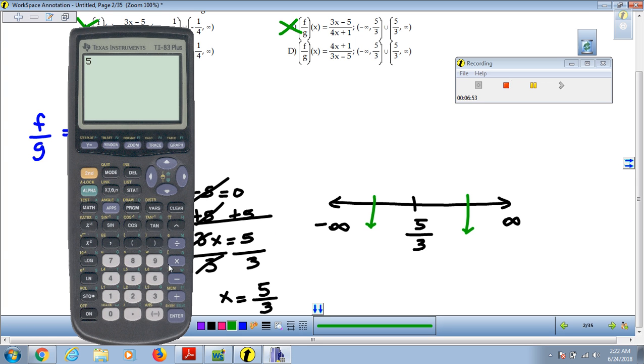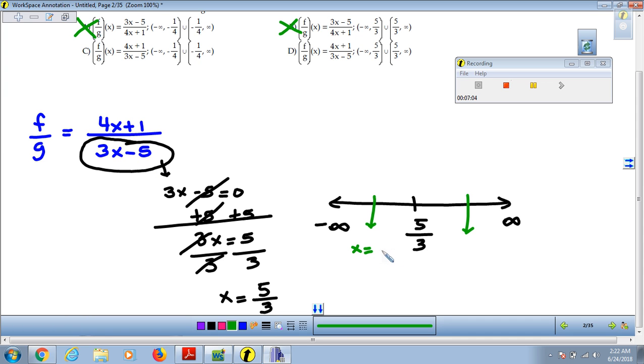Put it into your calculator, and it's roughly rounded 1.7. So then what number can I choose to the left side of positive 1.7? You could easily choose 0. That's an easy number to deal with. And after 1.7, you could choose 2. So the only restriction in the domain